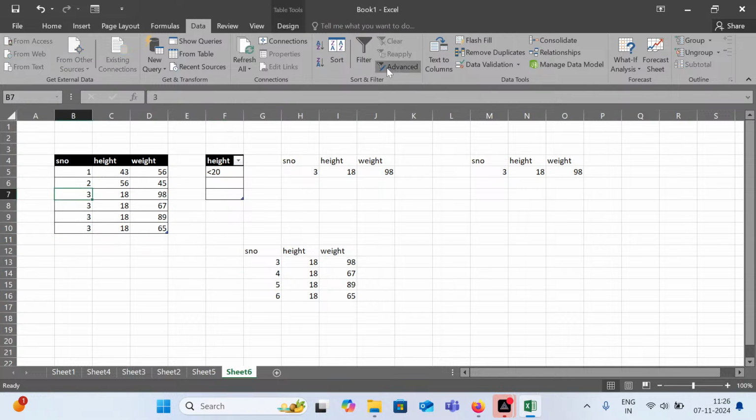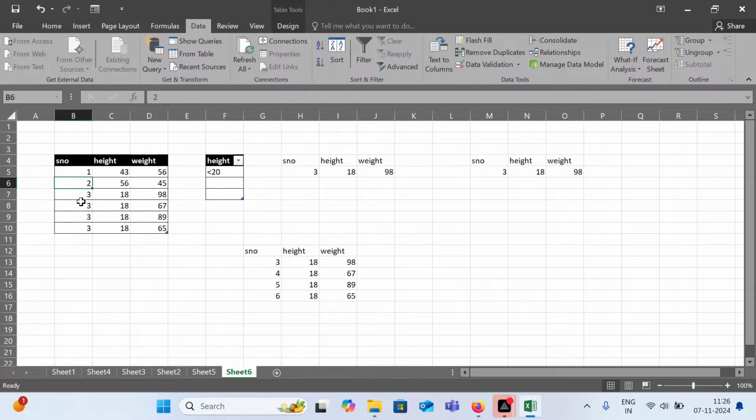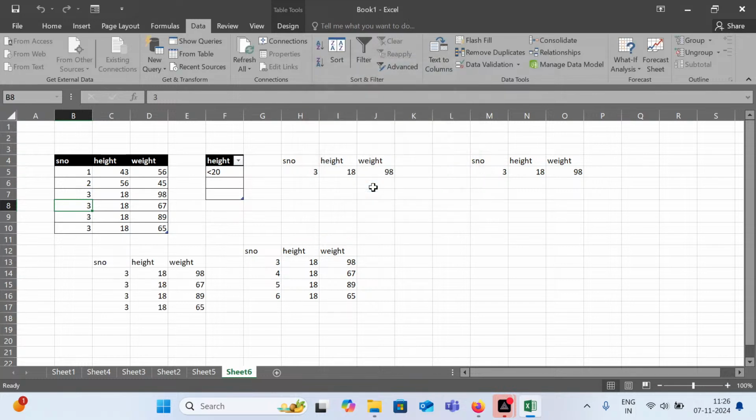Now I'm just selecting advanced. Automatically it is considering the... one second, I select any cell here, advanced. Automatically the range has been selected. Criteria range has also got selected. Now if I want to copy to another location, I would select this particular location. Okay, now I am saying only unique records. If I press OK,